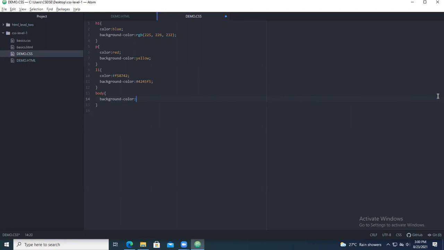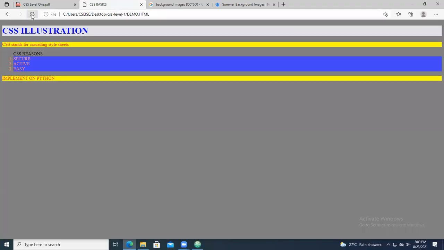Okay, so if you want to add the particular background color, what are you going to do? You give something called background color gray. Okay, so save this content and go and refresh. So everything will be in gray color background only.